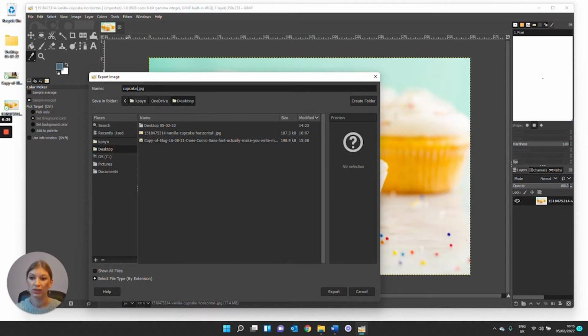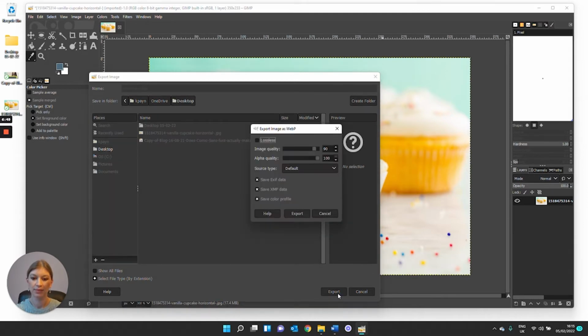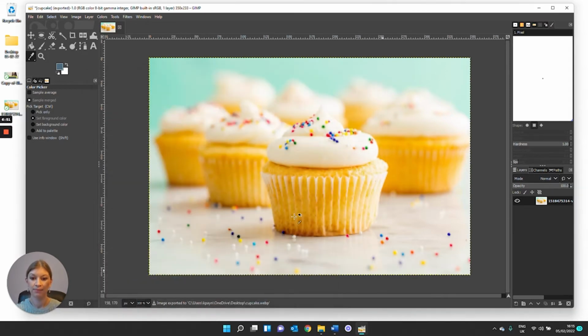So after the dot, we're going to double click to highlight the JPEG, and we're going to put in WEBP, so WebP. Then we're going to hit Export, Export again,